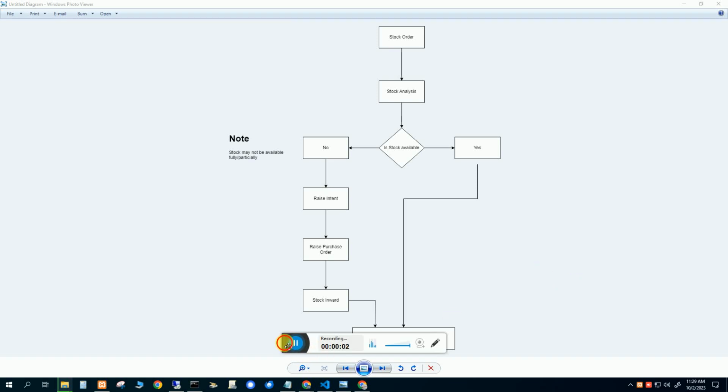Hi, in this section we are going to see the case study of a furniture manufacturing company. Based on the requirement, we have drawn a flow chart. When an order is received by the merchant or business people, we have to create a sales order. Based on the sales order,